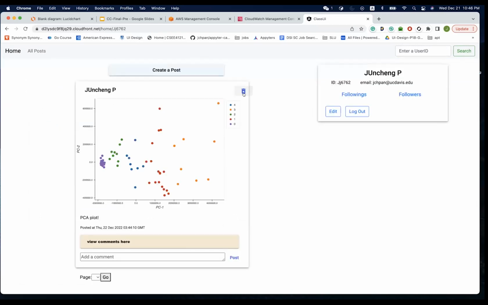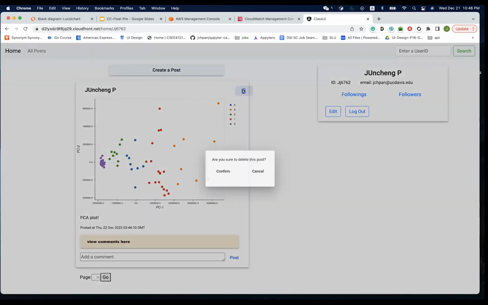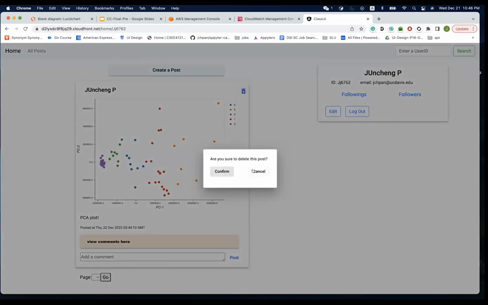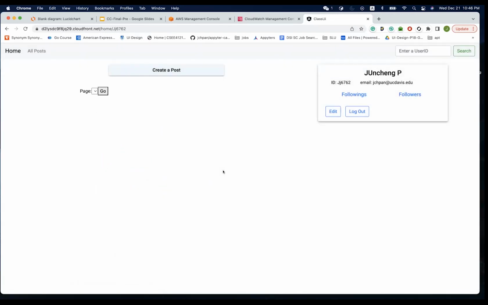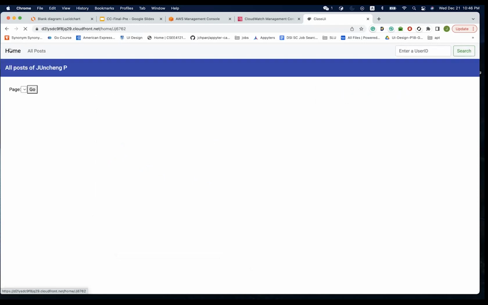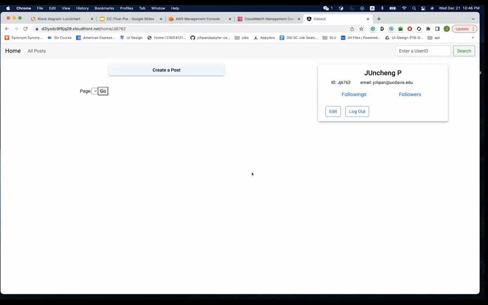And in our homepage, we can also delete a post we created before. So we just click on the delete button, and to confirm the deletion, we can also cancel deletion and confirm. It goes away, and we can see that there's no post on our homepage. And we log out from our account,